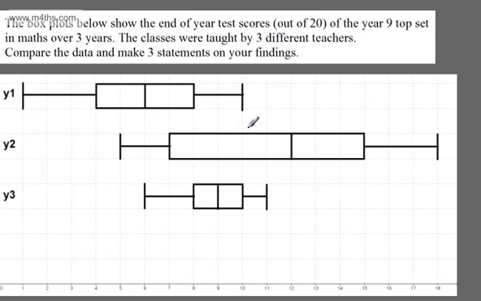These are the kind of comparisons that you will need to make. So make the statements now on your findings. Why might they happen? Well, I could say now that generally these were weaker students. I could say generally we had the stronger students in this one, but there was a spread or a mix